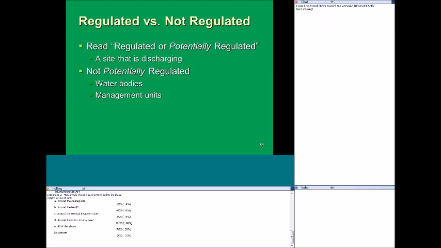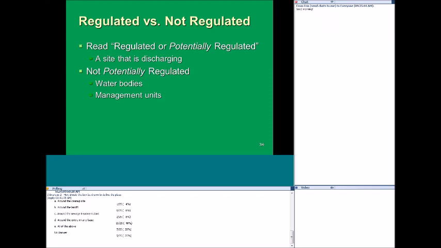So now a new concept we've added here is regulated versus not regulated. I think a better way to think of it is regulated or potentially regulated versus not regulated or not potentially regulated. Regulated or potentially regulated is a site that is discharging that we would issue a permit or order for.